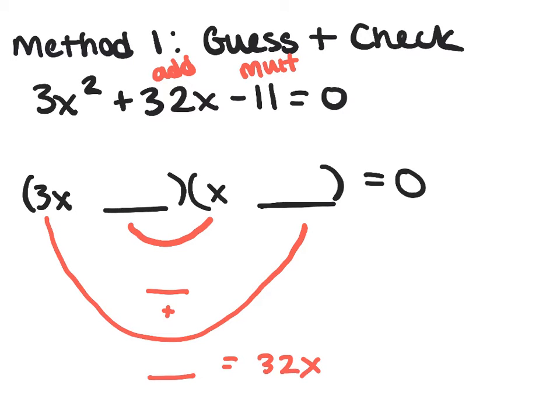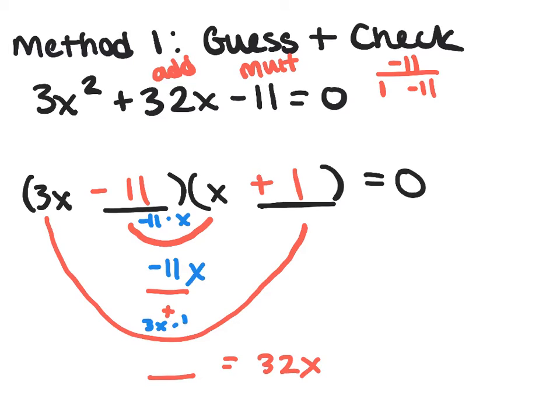So let's say, for example, that I decided to plug in, if I want to multiply to negative 11, I could have positive 1 and negative 11. So let's say I decide to fill in a negative 11x here and a plus 1 there. If I were to multiply, this is negative 11 times x, this is negative 11x, and the other one would become 3x times 1,